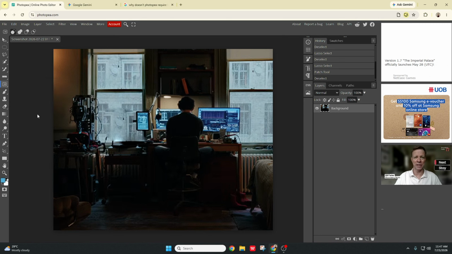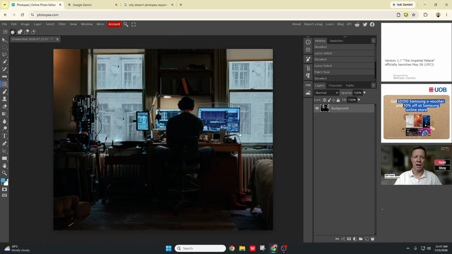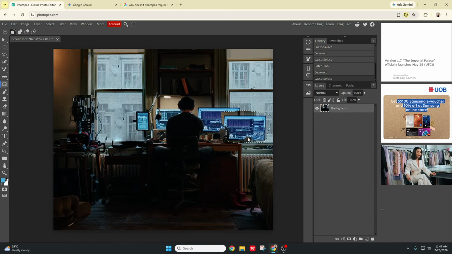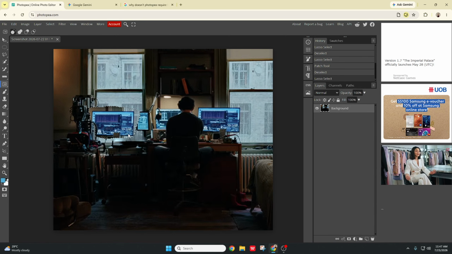And then we have content aware move. Photoshop has content aware fill. I don't know what this content aware move tool does. It moves the object. You can select and move the object from one place to another place. Let's